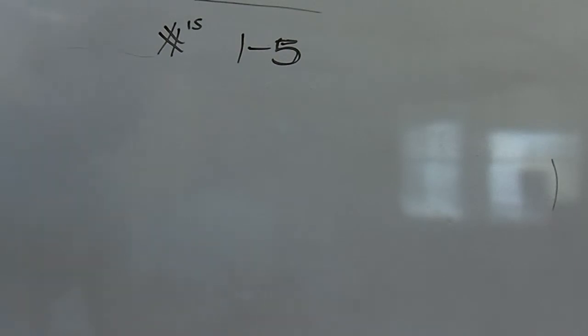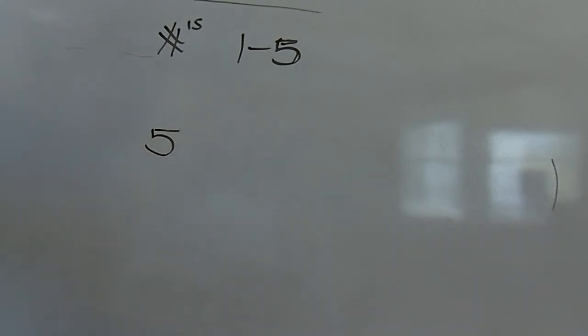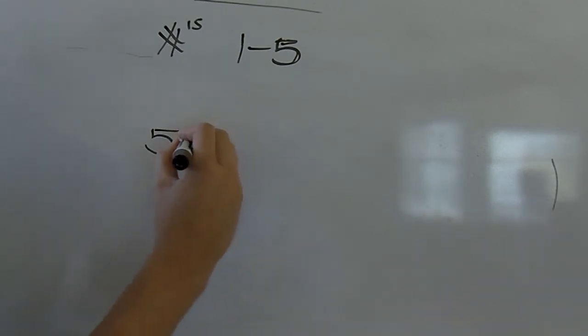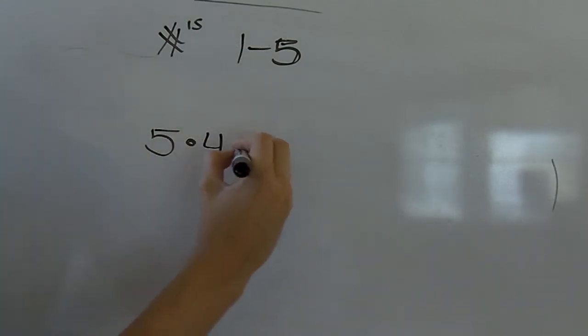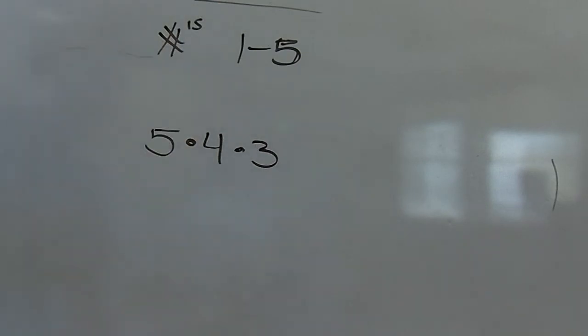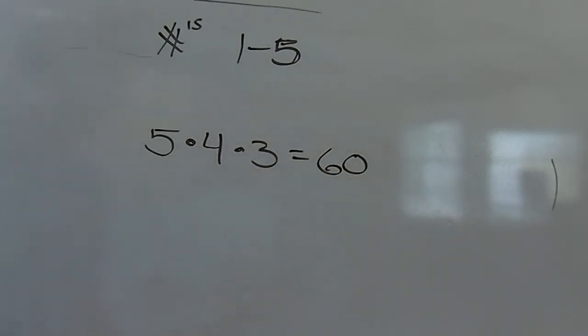So the first pull out of that bag, there are 5 numbers. So there are 5 choices or 5 options or 5 possibilities for pull 1. However, since you're not putting that number in the bag, pull 2 changes. Yes, there were 5 numbers in the bag, but now there are only 4. Pull 3 changes. Because now we've removed 2 numbers from the bag and pulled 3, so there's only 3 numbers left in the bag. So our first pull there were 5 numbers, the second pull there were 4, and the third pull there were 3. So there's a total of 60 combinations that I could get, or 60 outcomes